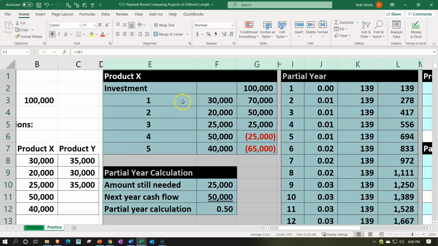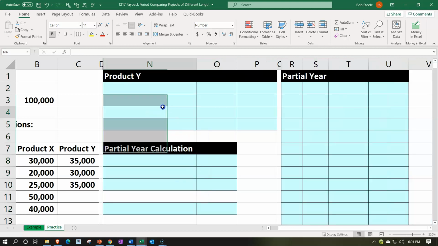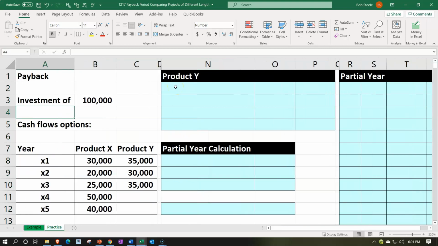We're going to hide from... Right click on the selected area and hide. So now let's do the same thing for Y, which only has the 3 years that are covered. Now we're only looking at 3 years, so we'll have the initial investment. So I'm going to say this is going to be the investment, which would be the same 100,000,